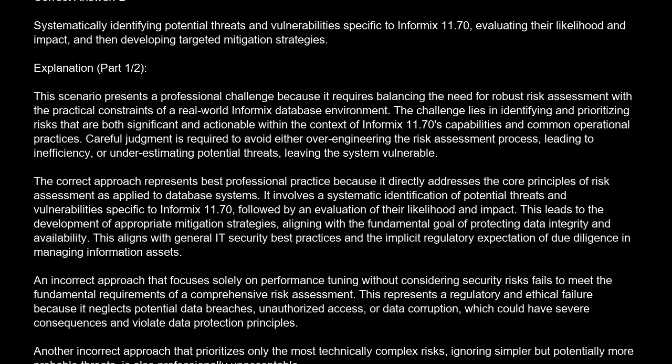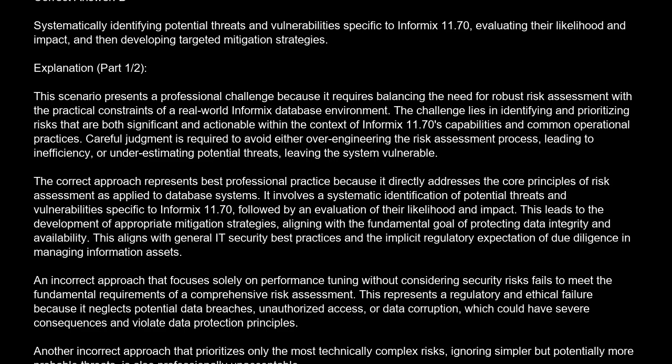practical constraints of a real-world Informix database environment. The challenge lies in identifying and prioritizing risks that are both significant and actionable within the context of Informix 1170's capabilities and common operational practices. Careful judgment is required to avoid either over-engineering the risk assessment process, leading to inefficiency, or underestimating potential threats, leaving